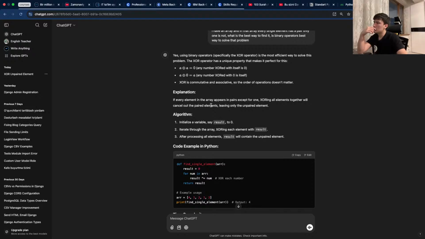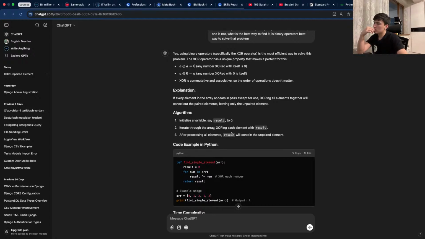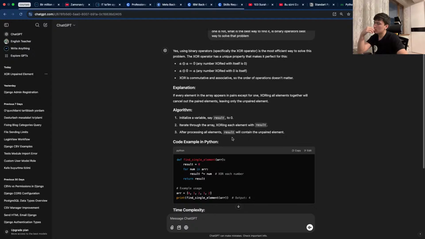Explanation: if elements appear in pairs except for one, XORing them together will cancel out the paired elements, leaving only the unpaired element. Algorithm: initialize a variable result to 0. Iterate through the array, XORing each element with result. After processing all elements, the result will contain the unpaired element.